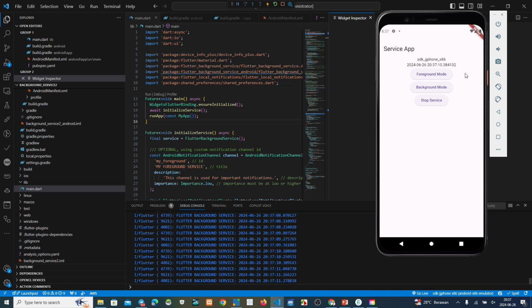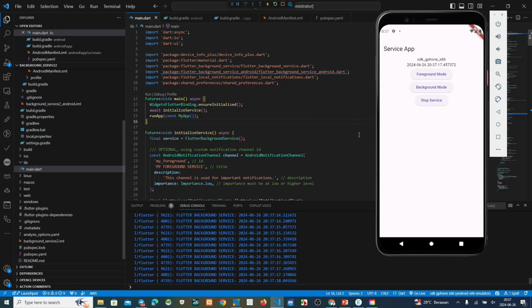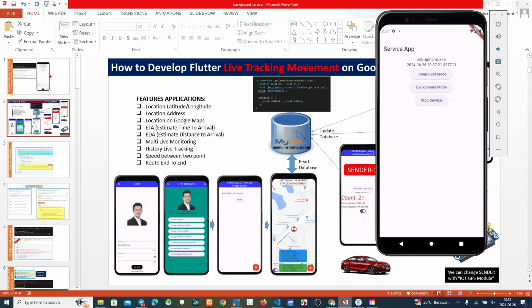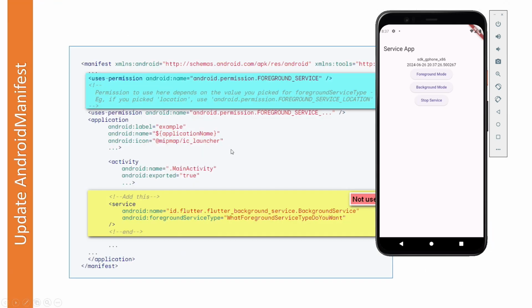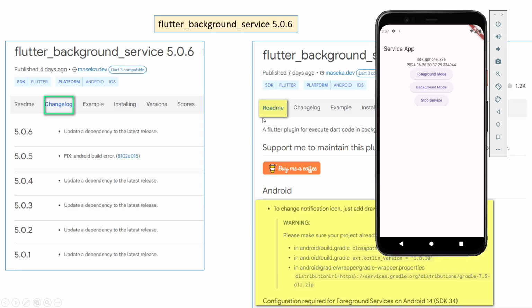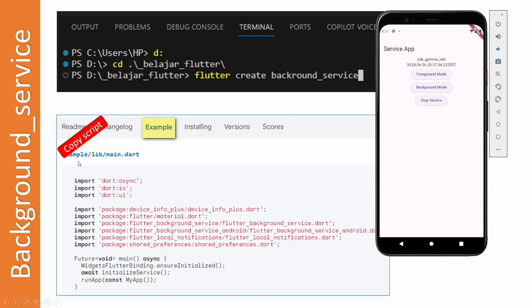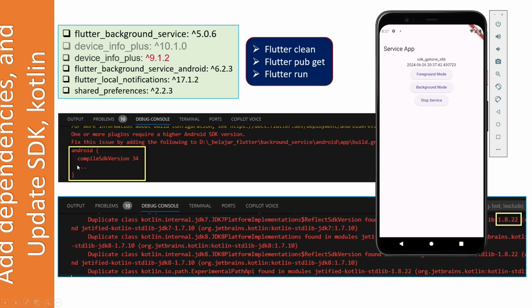Okay, this is the foreground mode, background mode, or stop service. Now my task is to update the function. We have added this. Okay, Flutter background service. This is the steps on how to develop this. Copy this. We already ran it. We changed the SDK version to 34. We already finished this also.